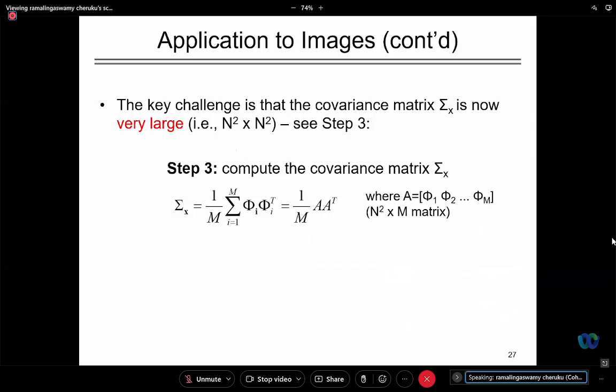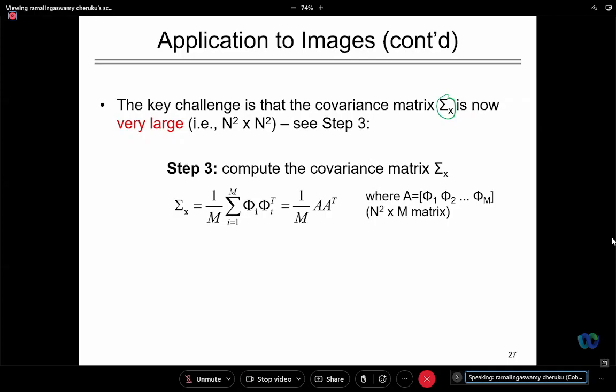The key challenge is that the covariance matrix is now n squared by n squared. Suppose there are images in which the face is centrally located, and I want to apply PCA. You have to find the covariance matrix, and the number of features is n squared. Then the dimension of sigma x is number of features times number of features, nothing but n squared by n squared. So computing the covariance matrix for this problem